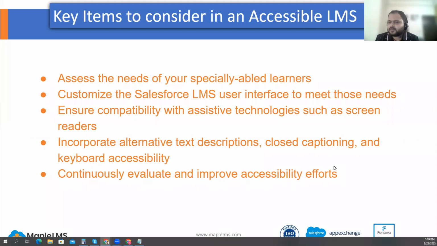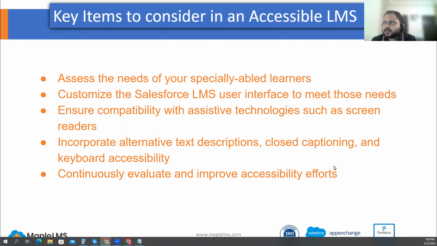Yeah, thank you, Matt. And quite a few things along with that. Certainly, when building content, you have to keep in mind that the content is accessible to your learners in many different ways. Now, there are tools available in the LMS that help you create your course content, or let's just say content, in a manner that is most accessible to your learners.